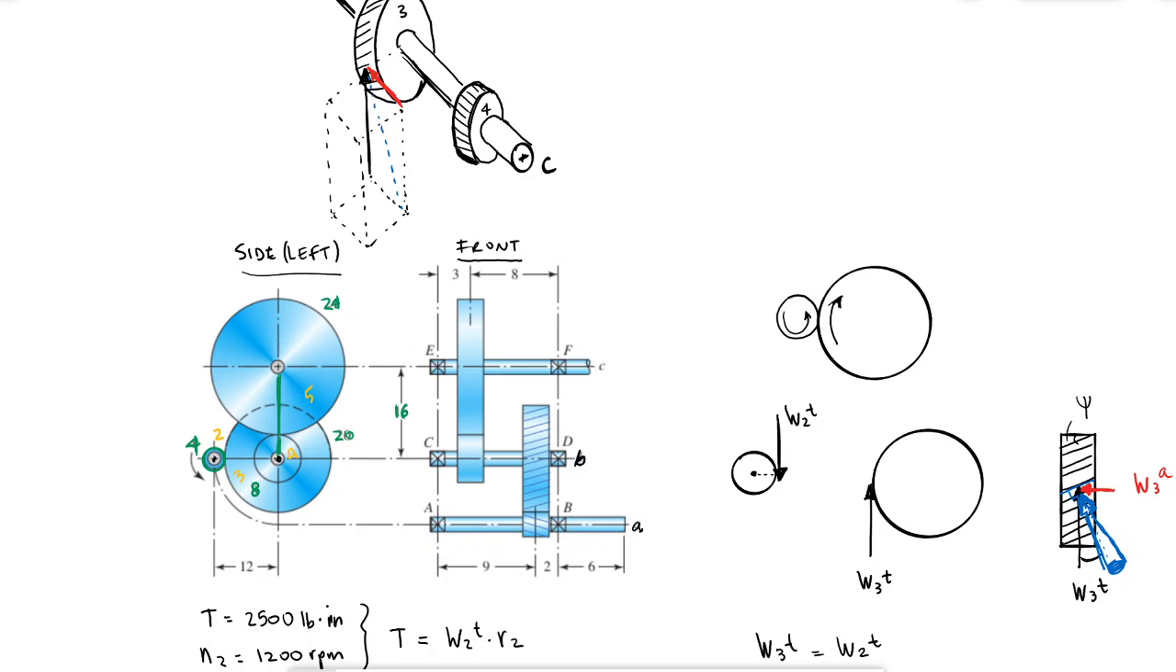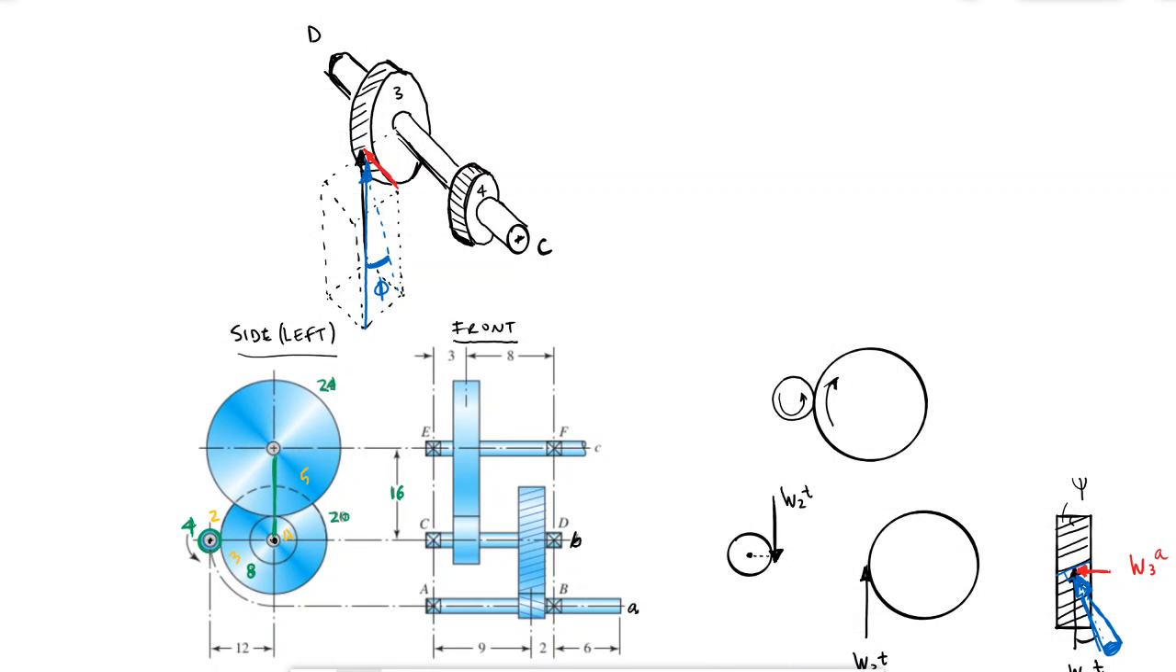Okay. So that 3D blue vector would come from here to here, forming this angle, phi. Right? So from that, I can say that the red one, I'm going to use the colors, I'm going to try to keep this consistent. So the red one, W3A, is going to be equal to